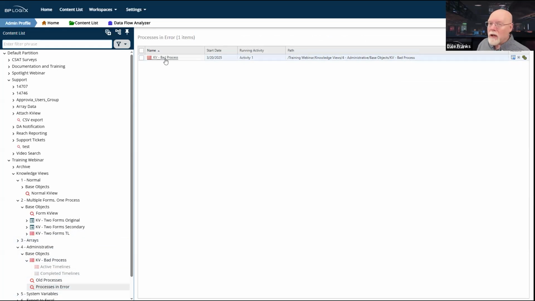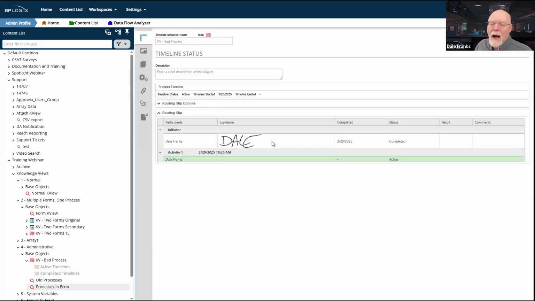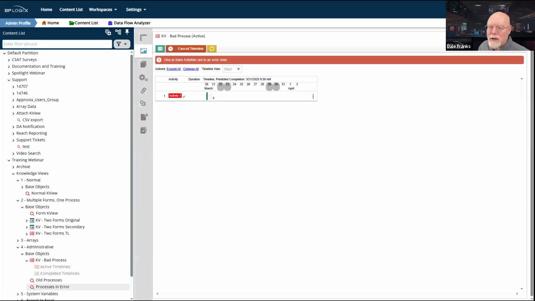Now, because I'm returning knowledge views, it's going to just pop open the instance properties. I got to set that up too, but we'll get that in a second. I need to be able to open up the instance properties. So I've done so now. I can go to administration timeline.